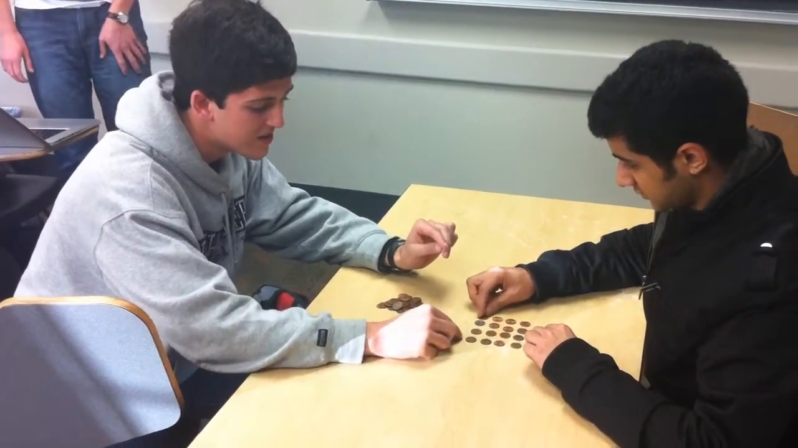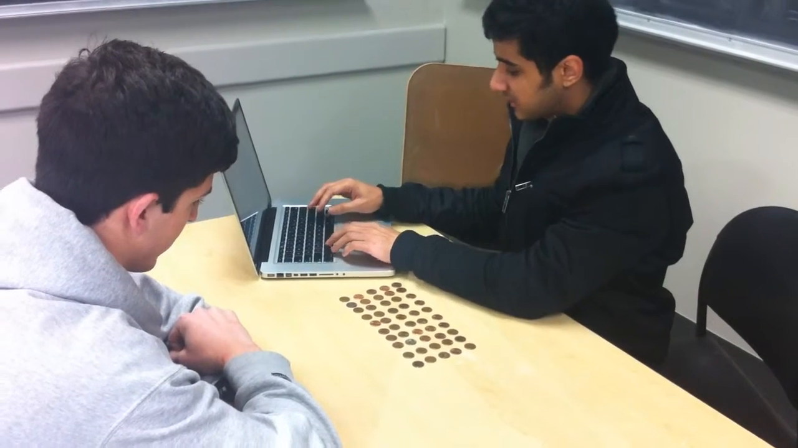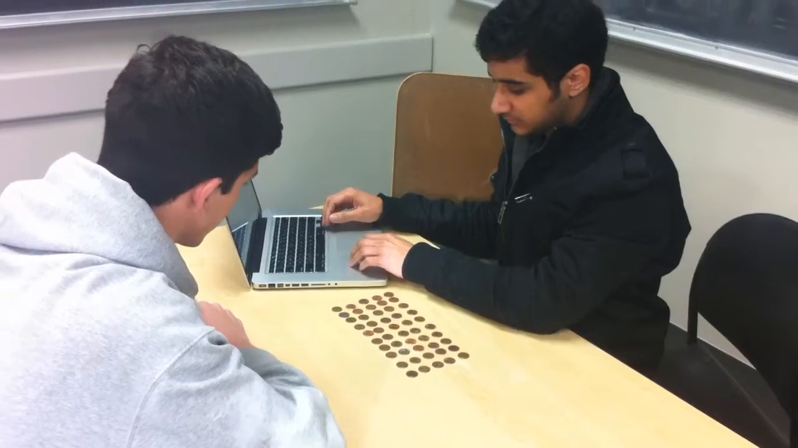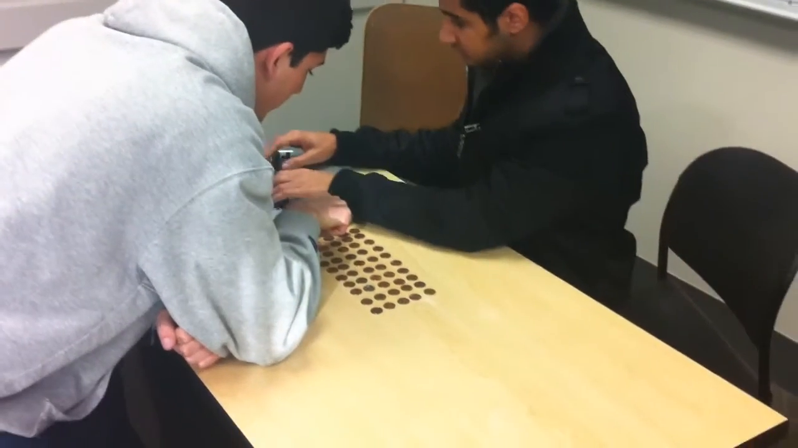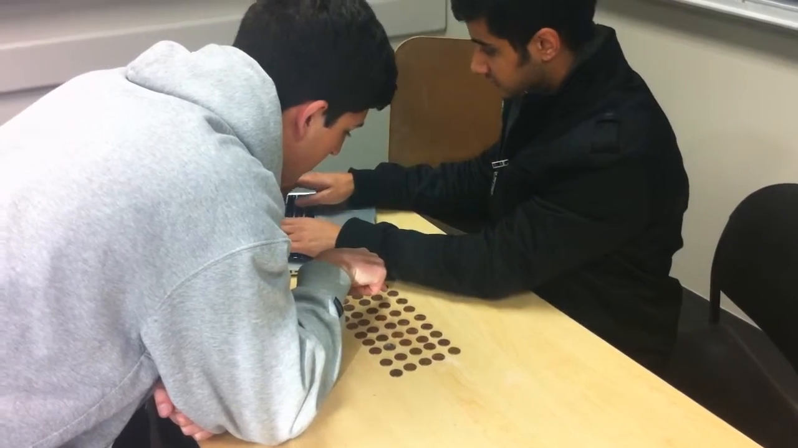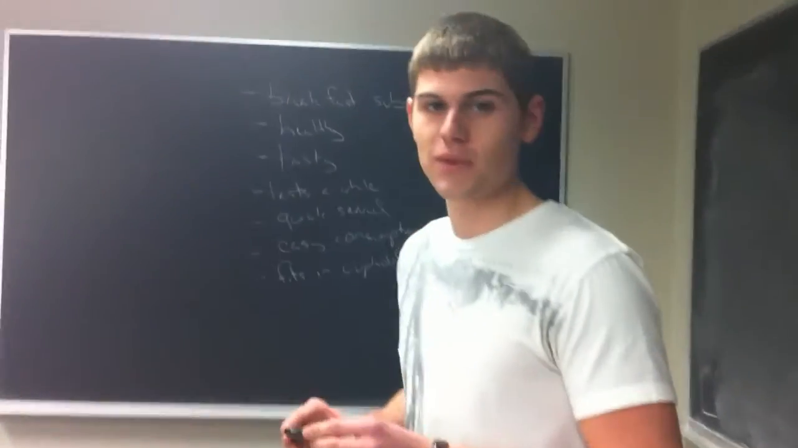So next we are recording the years we see on the pennies just to see if there's a correlation between the color of the penny and the year. So, 1989, 1996, 1996. Okay, so I'm going to take a picture of the coins so we can put it on a